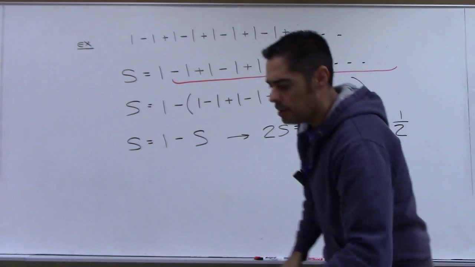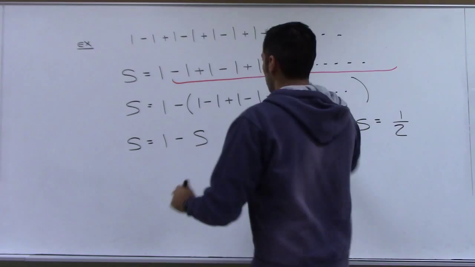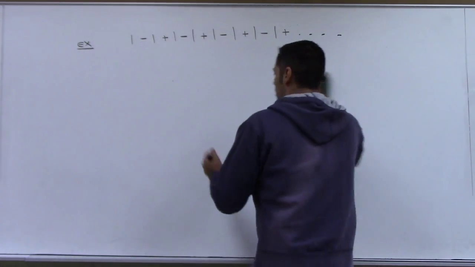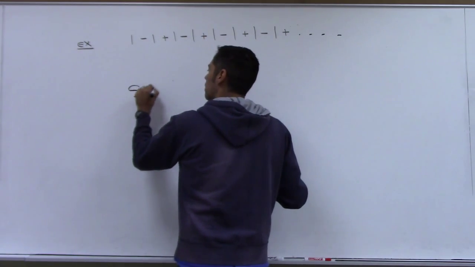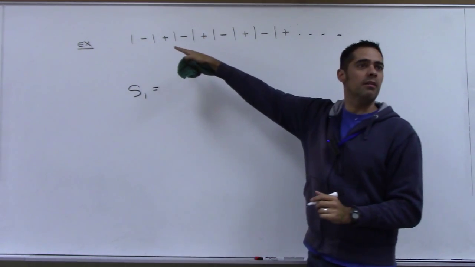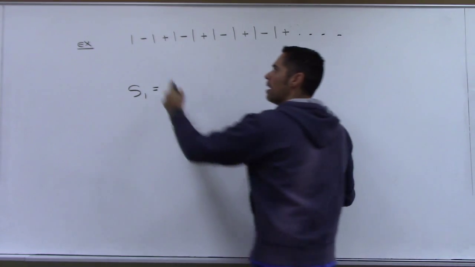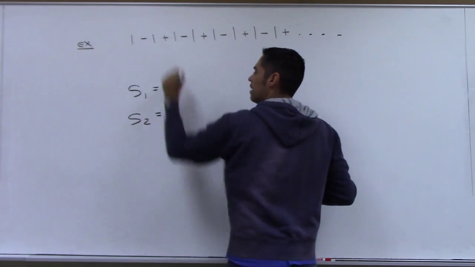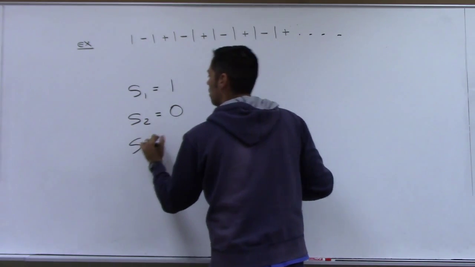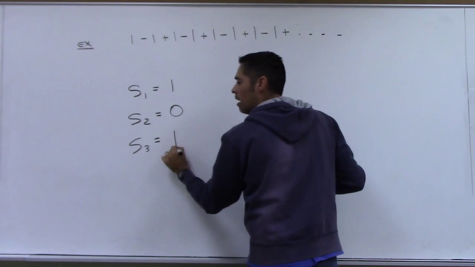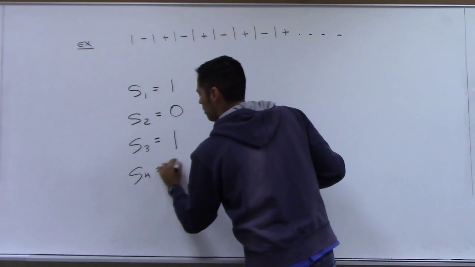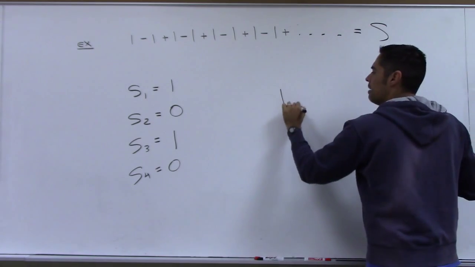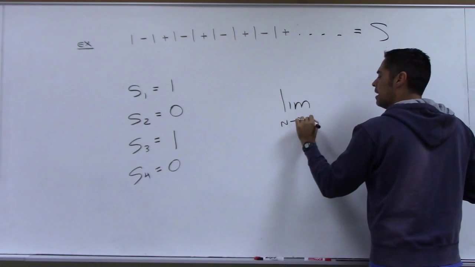So think about a different way of looking at this. Look at the nth partial sum. Okay, see if you can remember this. The nth partial sum. S1 was what I get when I add the first one together. The first one, right? Just the first one? I would get 1. Now what if I add the first 2 together? I get 0. Then the first 3 together, 1 minus 1, now we're back to 1. Now the next one, what do we get? 0. And so if this thing has a sum, if it does, it's the limit as n goes to infinity